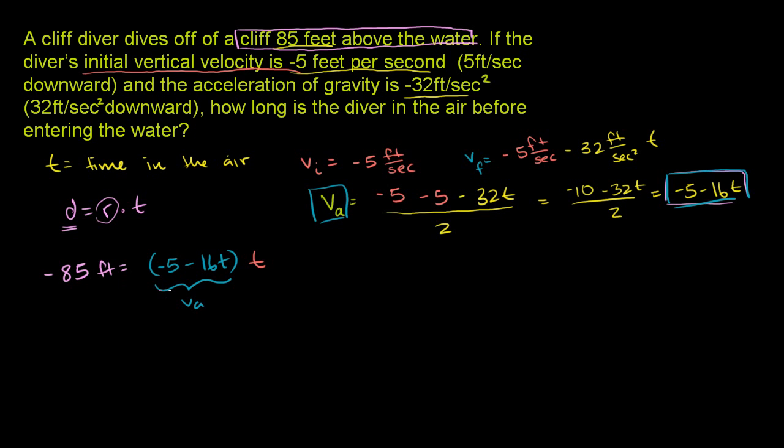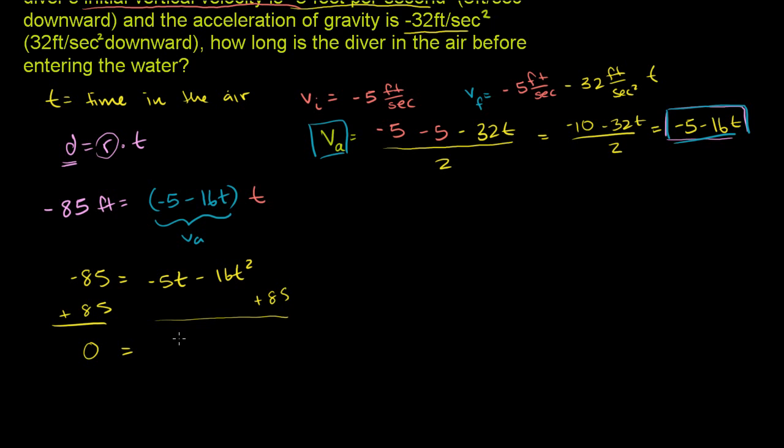So let's solve for t. We'll skip the units for now, because that would get in the way of the learning. So we have negative 85 is equal to, if we distribute this t, negative 5t minus 16t squared. Now we can add 85 to both sides of this equation. Let's add 85 to both sides, and we are left with